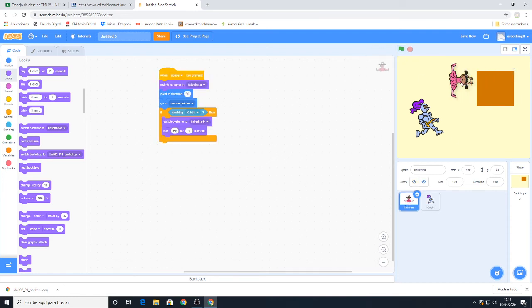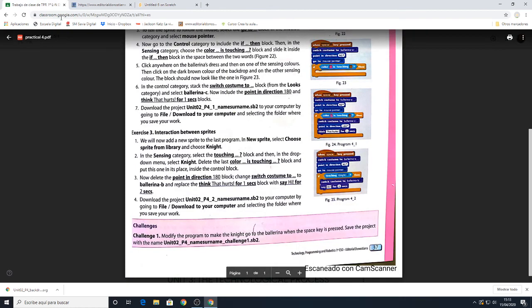Let's try the code for the Ballerina. Look at this, I need to be here, okay, so for the code to work. So I press here, look, she didn't say hi, but then if I press here, she says hi and she crouches, okay, so that's it. And then for the last part, the challenge part that you have to send me, you have to